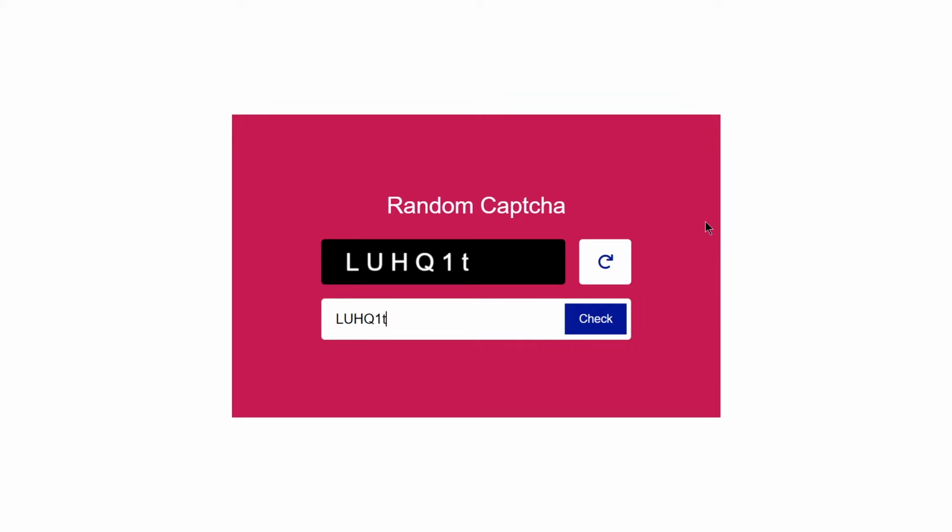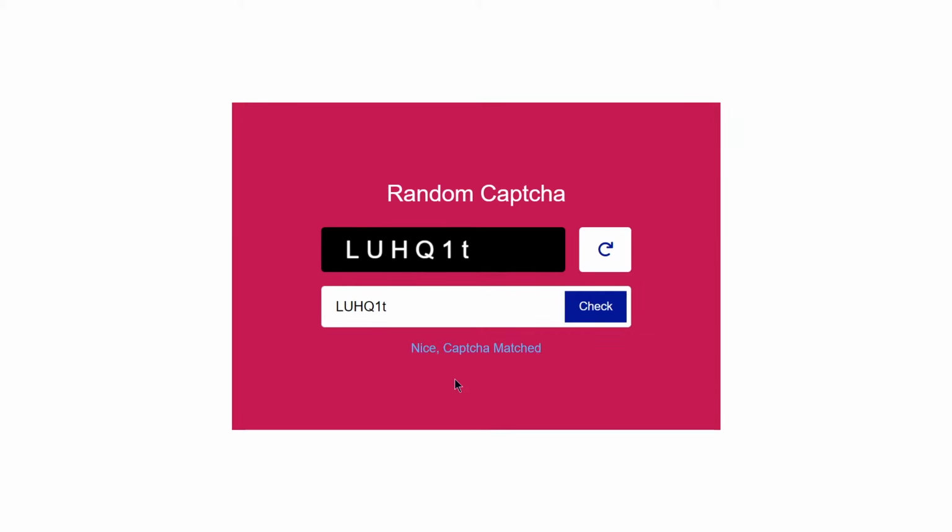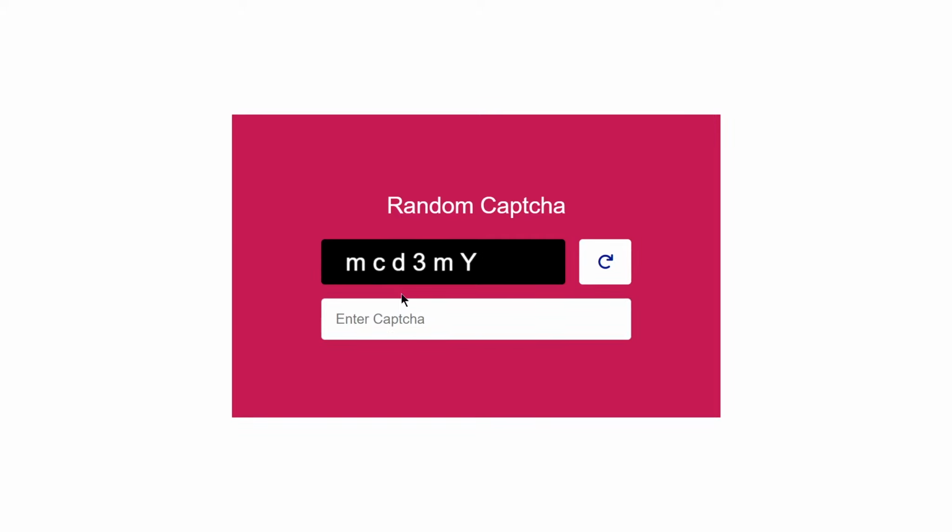LUHQ1 and then a lowercase t, and if I just click on this check, here you can see it will now give us a nice "Captcha matched". Okay, so it will disappear after 2 seconds. So then we have like